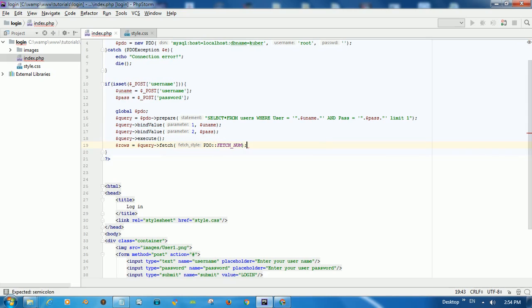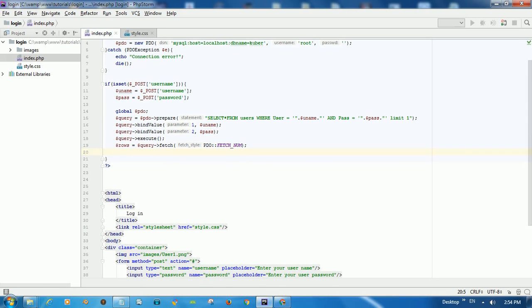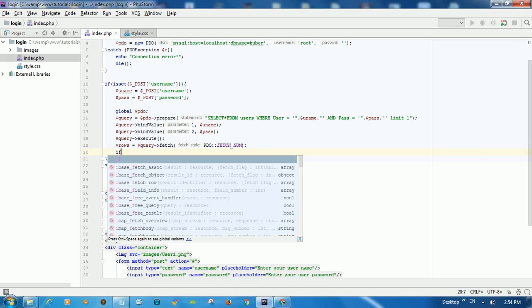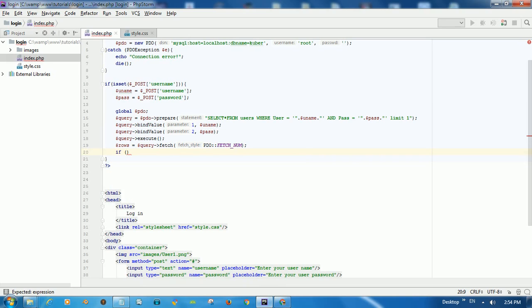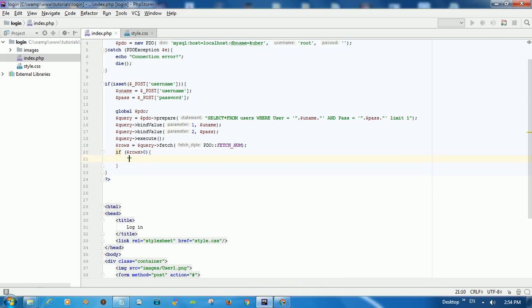Then now we need to apply a condition, that is if string rows is greater than 0, you need to write 0. If it is a match, then echo out, or you can redirect